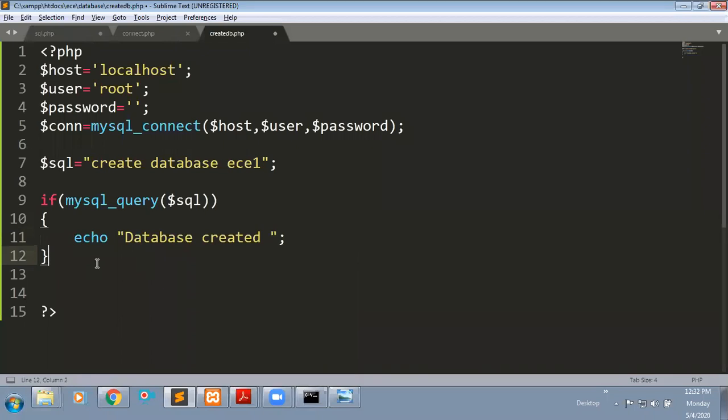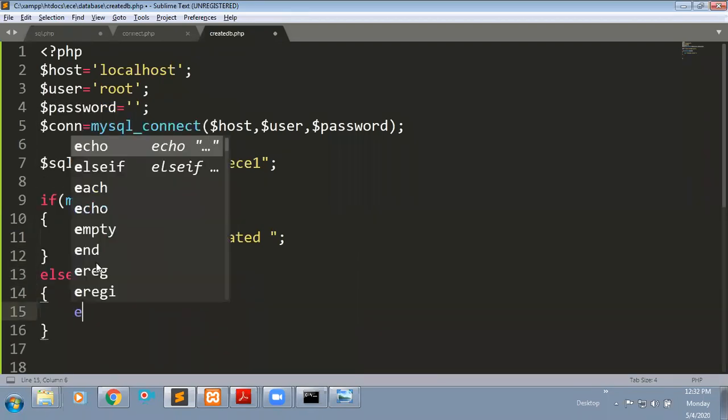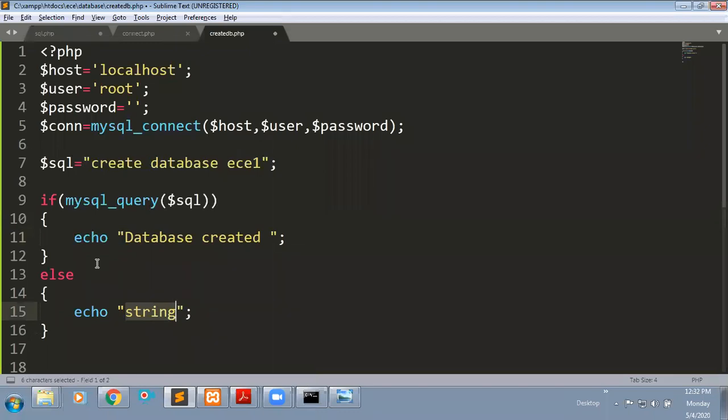Else, I'm giving the message "error". If you want to see any error while creating a database, you just use the mysql_error function. I will show this in the output.